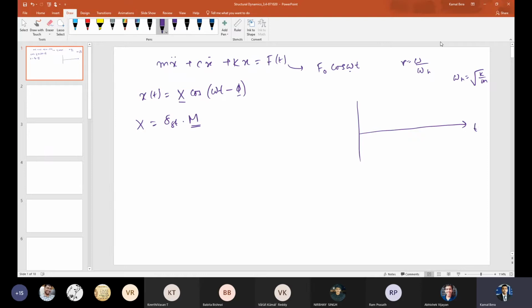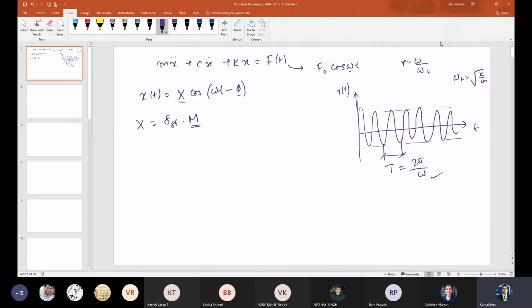Let's say I am plotting the response. I have already shown it, I think, in one slide. I am removing the transient response and showing only the steady state response. It is like this, right? It remains the same, like this, as long as the forcing function is there. Now can you tell me, this is one period, right? So I can write T equals 2 pi by what? Omega, sir. Yes, omega. So this is the forcing frequency, right? That is what I wanted to emphasize.